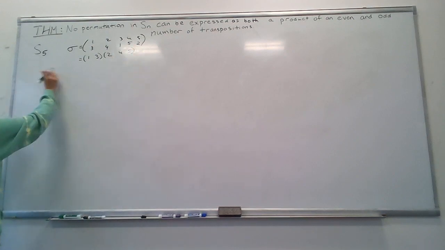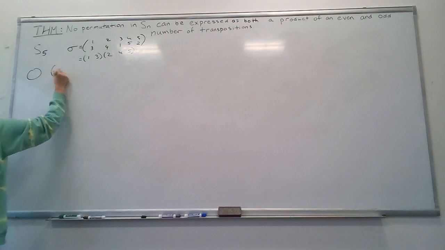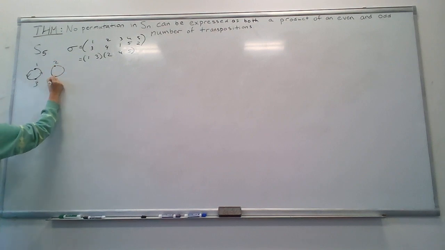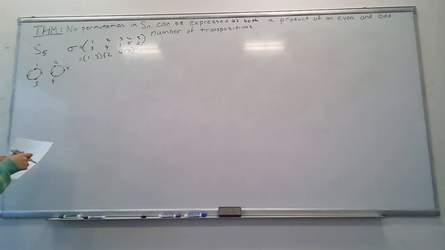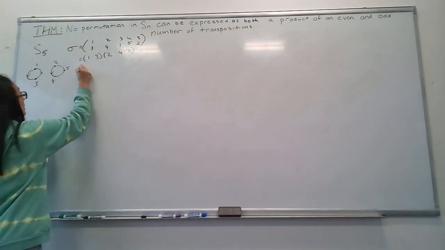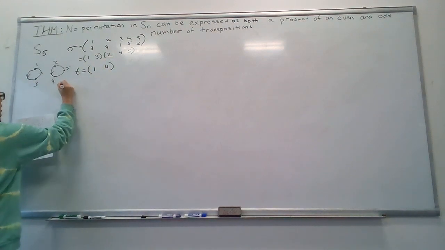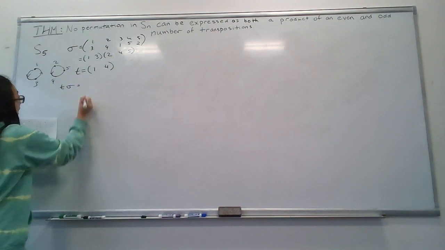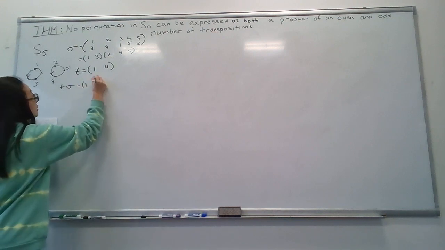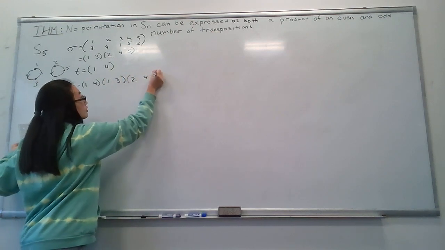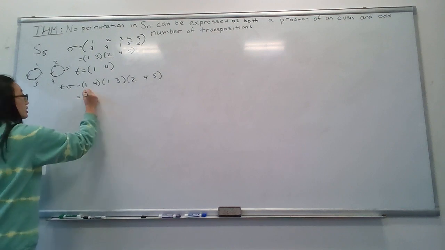Now, this has two orbits, and visually you can see it like this, going in this direction, and then 2, 4, 5, going in this direction. Okay. And now let's have the transposition (1 4). Then the product of the transposition and the permutation is (1 4) composed with (1 3)(2 4 5), which yields